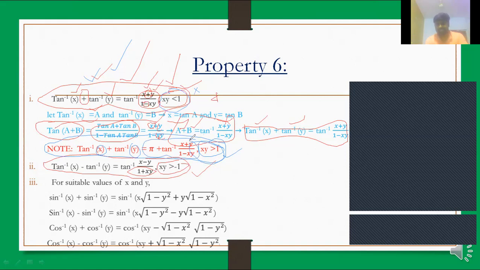What is that formula? Same formula, just pi plus, that formula we should write. Okay? Whenever xy is greater than 1. Tan inverse of 2 plus tan inverse of 3, suppose. How can I write? Pi plus tan inverse of (2 plus 3) by (1 minus 2 into 3), like that. So pi plus we compulsorily need to add. Okay. So now, these four are also important formulas: sine inverse of x plus sine inverse of y, similarly sine inverse of x minus sine inverse of y, cos inverse of x plus cos inverse of y, and cos inverse of x minus cos inverse of y.